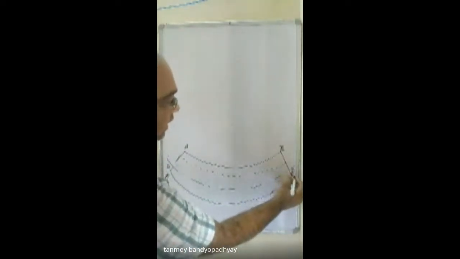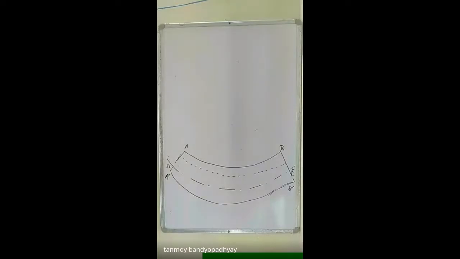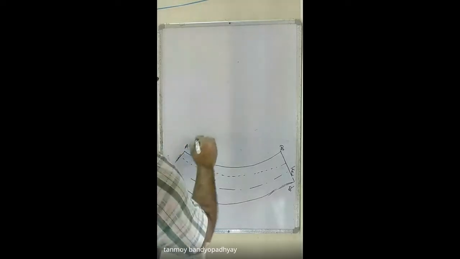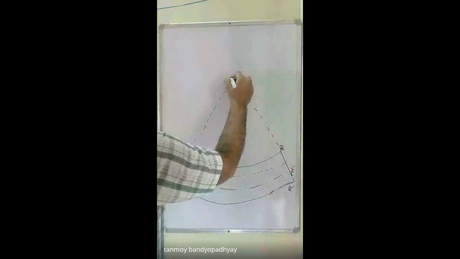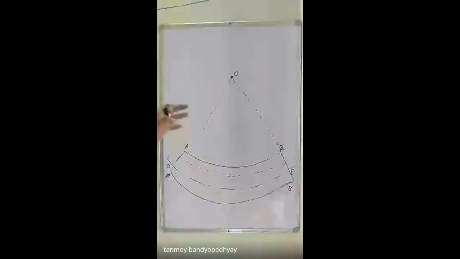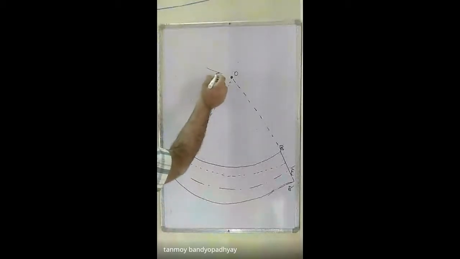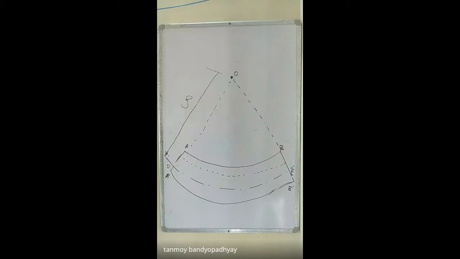Since DE is something where the length doesn't change, they have put the radius rho at the point DE. If this is the center of curvature, and if I extend this, I will be getting a point O. So this O is actually the center of curvature. Now I want to measure the radius of curvature. So I have to come to which point? I have to come up to the neutral axis. So rho is the distance from the center of curvature to the neutral axis. Why? Because the neutral axis is where the length hasn't changed.